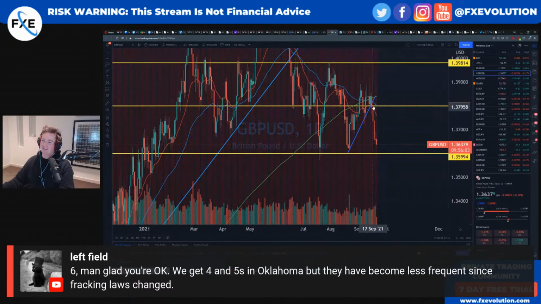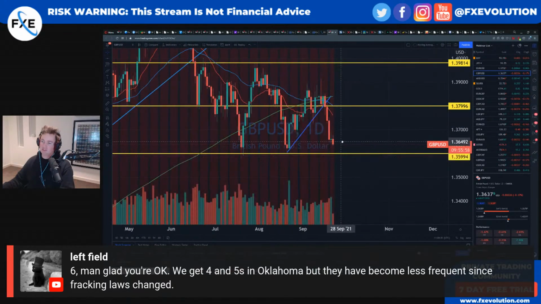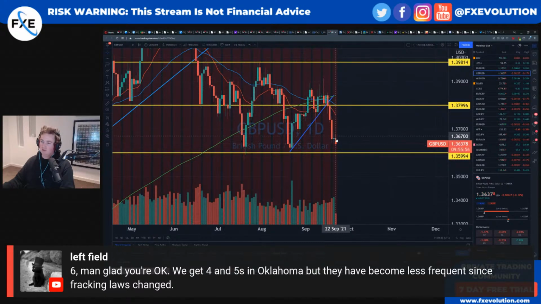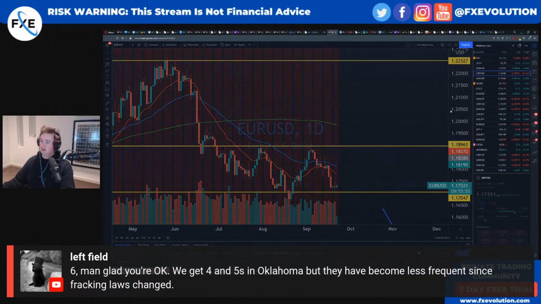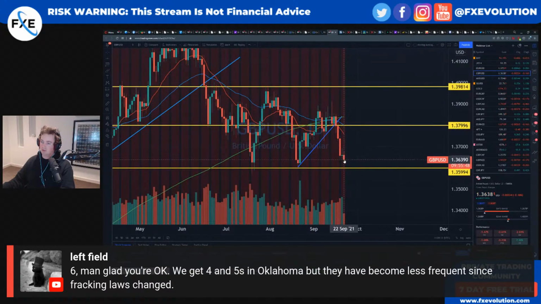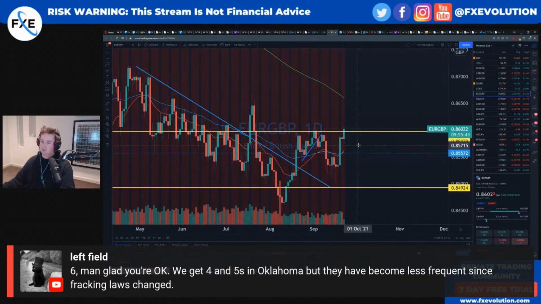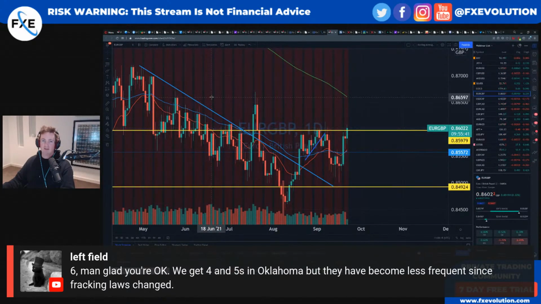Look, pound, certainly a good short down to these levels, and it's still weaker. The reason I want to bring this chart up is you can clearly see that little bit of extra weakness there. When I go to my euro and I see that kind of not knowing what it wants to do, and then I go to my pound and I think it's already on a new low in terms of this session, it always makes me gravitate towards the euro pound and think, do we have a trade potentially in the euro pound? We have a rejection. We have a closure that should be occurring above 86, pending it actually closes above.